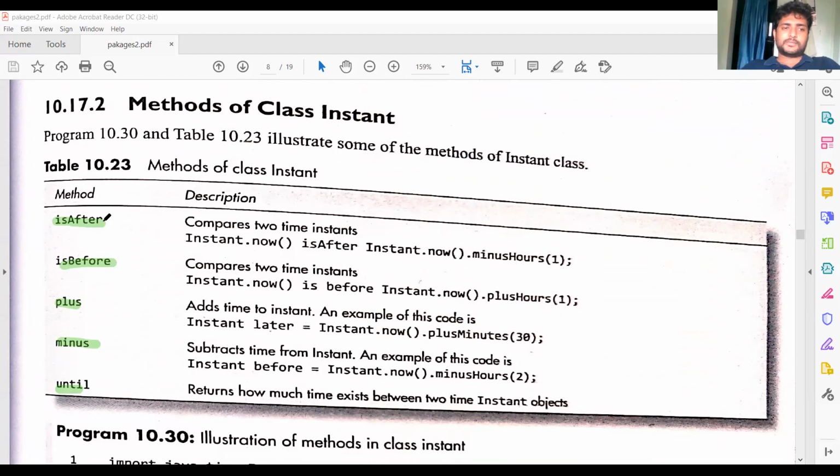isAfter compares two time instants, for example today's time and tomorrow's time.